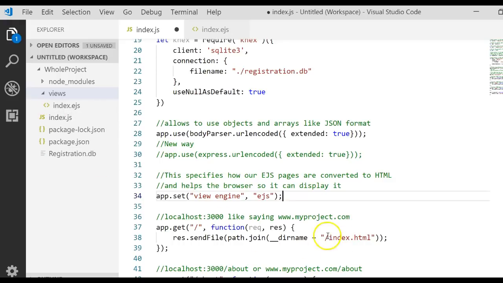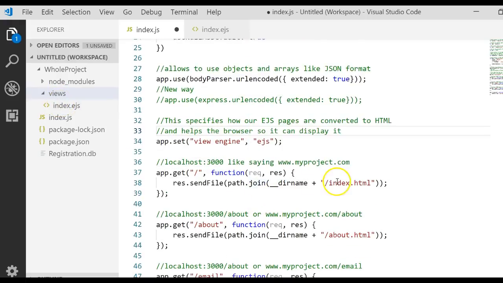Even if we say we want to work with index, it's looking for EJS. And those EJS files have to be under the views subfolder. Let's come back over to our index.js, and right here where we're saying go find that index file, we're sending